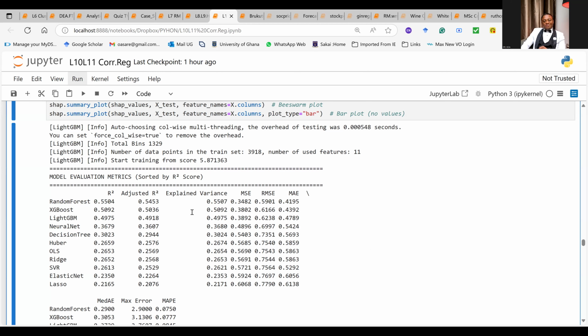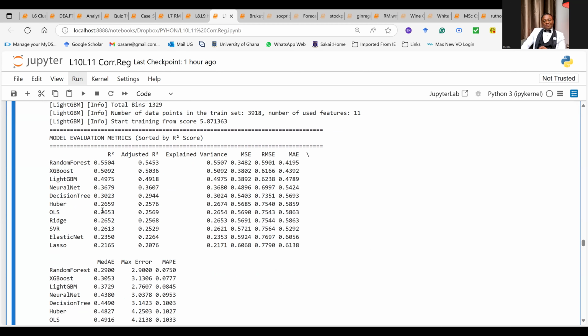For example, now based on this result, which model is now the best? Based on the R square, sorted by the R square, which model is the best? For mine, based on the R squared, random forest was the best, followed by xgboost. Good.